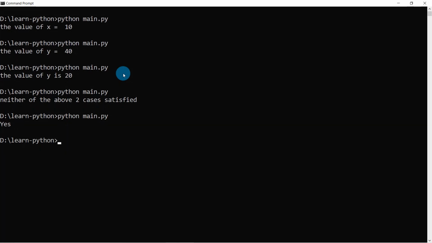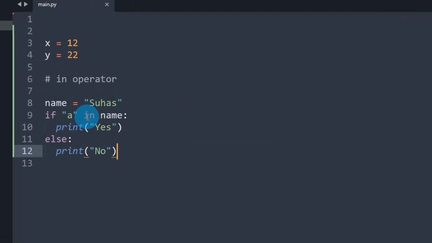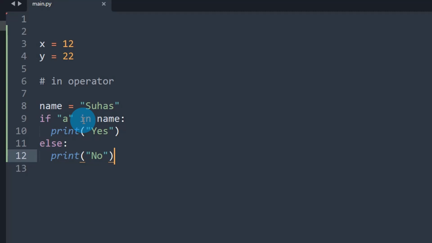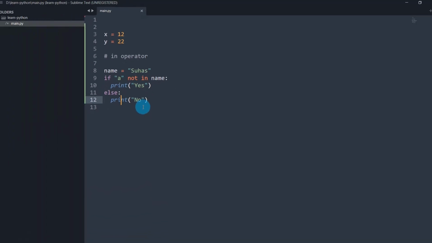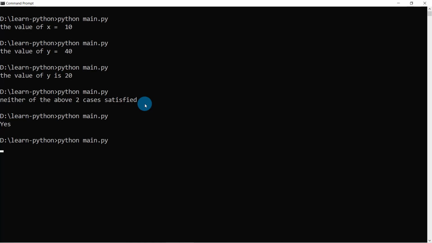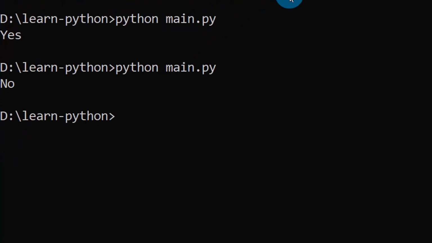See, yes. I told you in the previous session, in operator, not in operator. So now we covered that operator as well. You can even write not in. So in this case, what should happen? If a not in name, no, right? So this should not be printed. It should go into the else case and should print no. Let's run the program. See, what is printed?